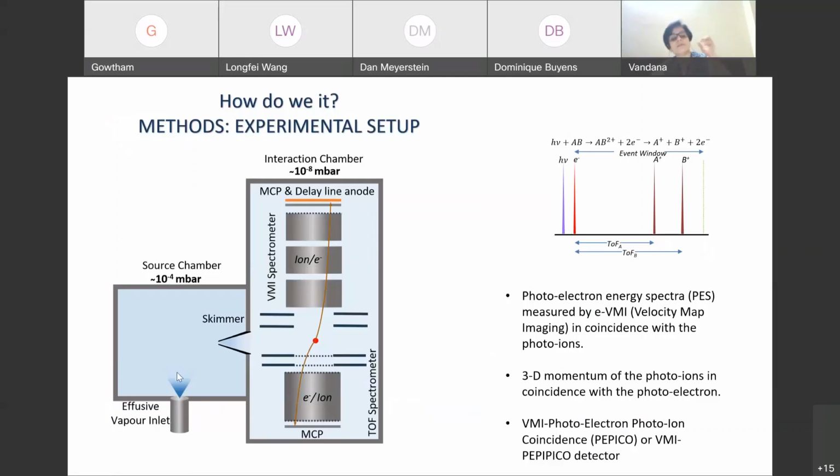So there are camphor molecules going in, and then through this skimmer, there is a small hole, and that goes inside the reaction chamber. And the reaction chamber actually houses two spectrometers. One is the velocity map imaging spectrometer, which actually measures the momentum of the ions which are being detected